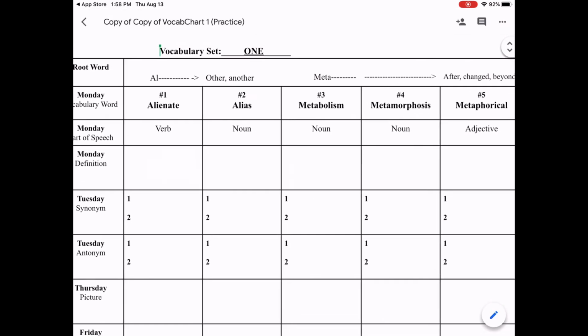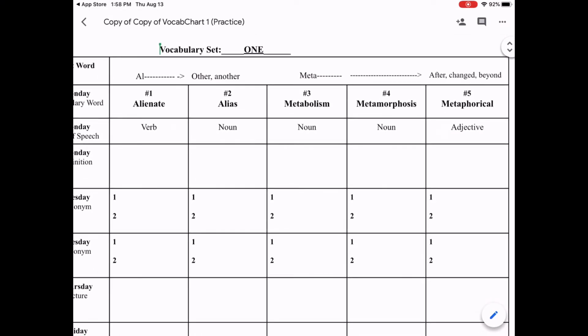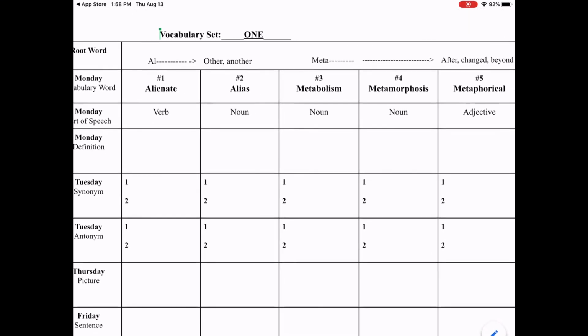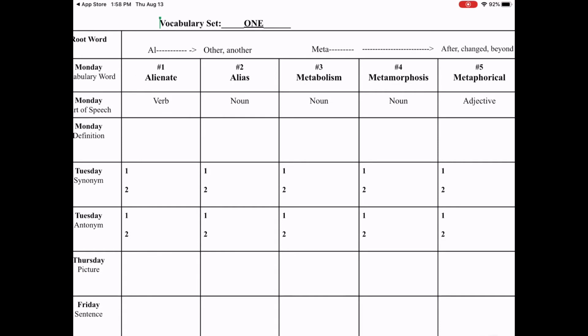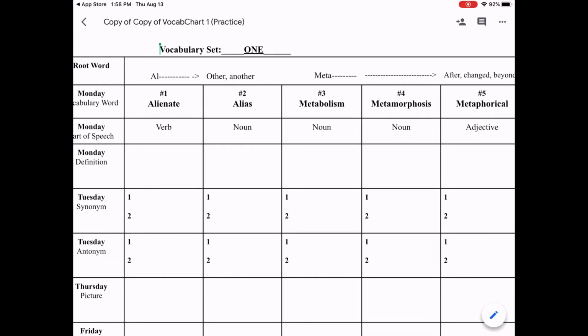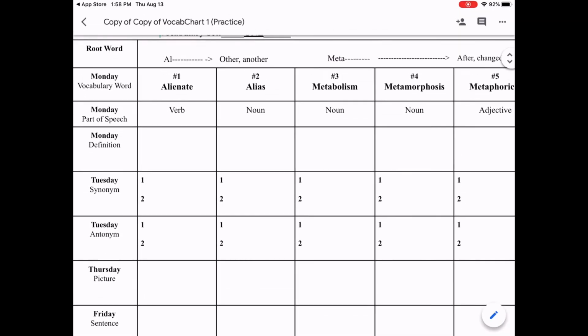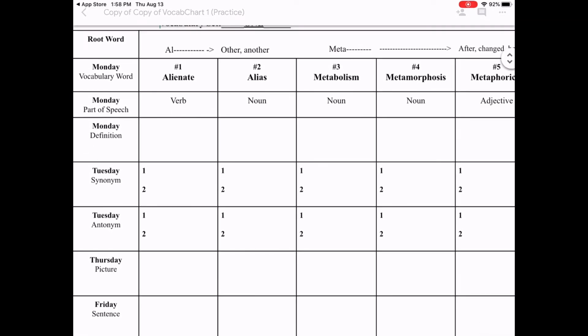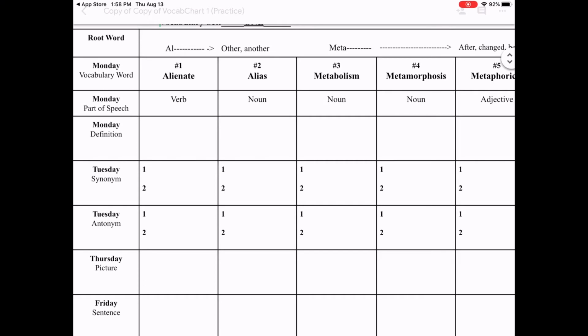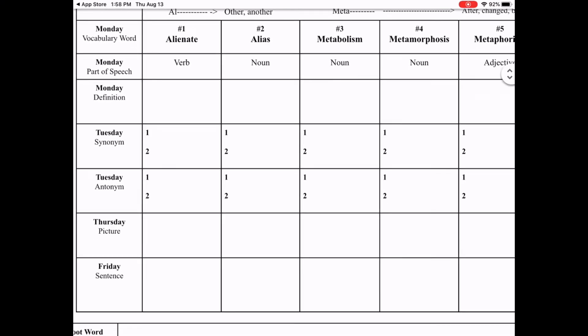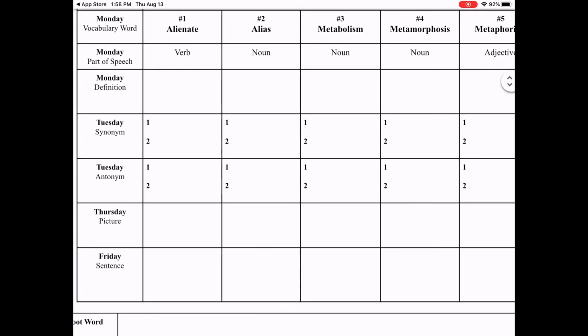And the reason why I've only done it for you for week 1 is because I want you to see what it actually looks like. All right, but I won't be doing this for you from now on. From now on, you're going to have to go in there and type in the vocabulary word and the parts of speech. Okay, but you can see here it says Monday: vocabulary word, parts of speech, definition, and then Tuesday are synonyms and antonyms,